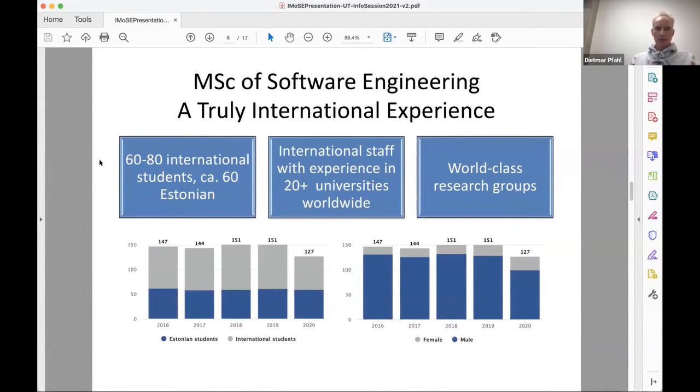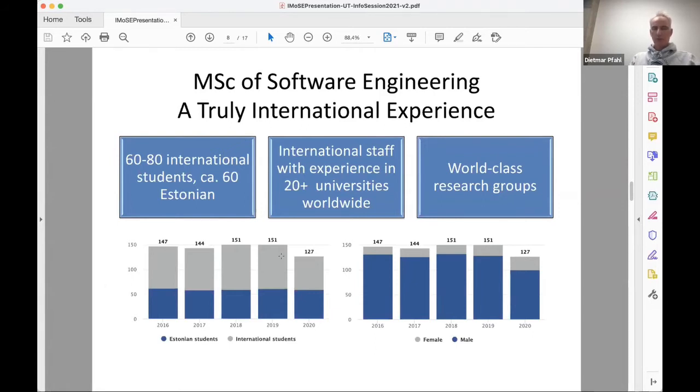Now I will just finish up with some general comments, also some comments about how the admissions process works. About our program, you see some numbers here. These numbers, like 147 students, 144 students, etc., are always the total number of students in the program. That means first and second year students. The program, as you know, is for 2 years, 4 semesters.